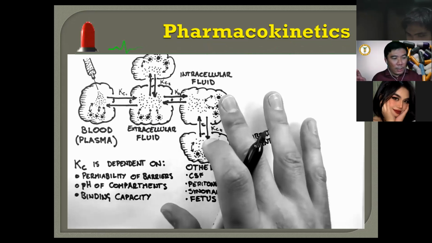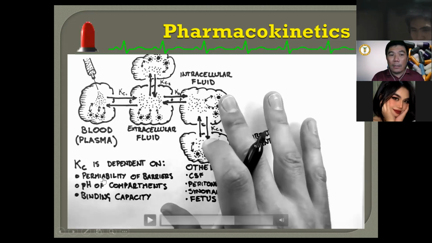It refers to fats. So in this case, there will be hyperlipidemia, a term which means an increase in the cholesterol level. Do you think it may affect absorption? It may affect binding. The answer is yes, because the fats themselves may control or delay the binding capacity, affecting how the drug's properties will be distributed to other compartments. So again, distribution could be dependent on permeability of barriers, pH or ion of compartments, and binding capacity. So let us continue.